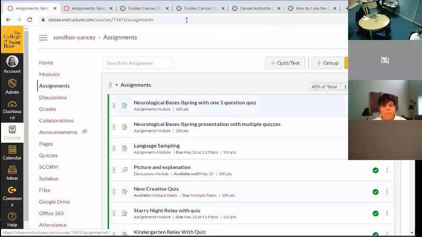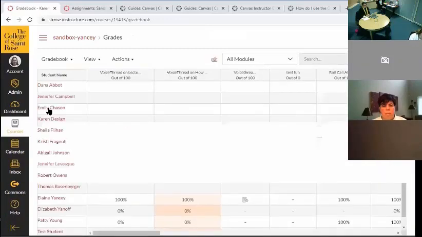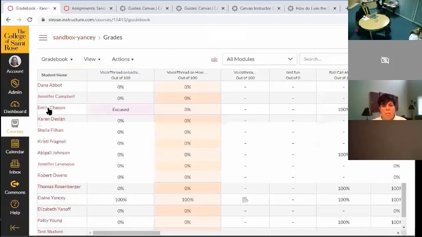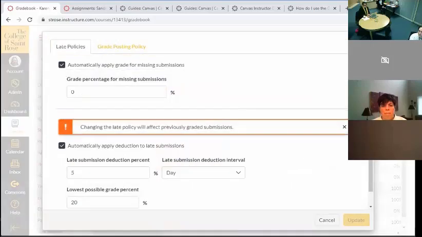Okay, so let's go back to the gradebook, and I'll show you automated submissions and missing submissions. So in the gradebook, you would go to the gear icon, and you can